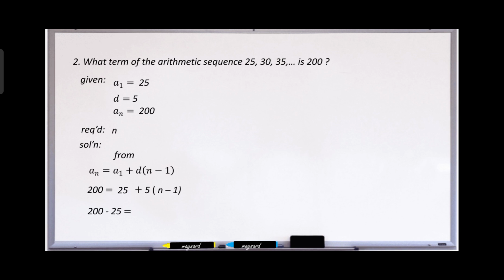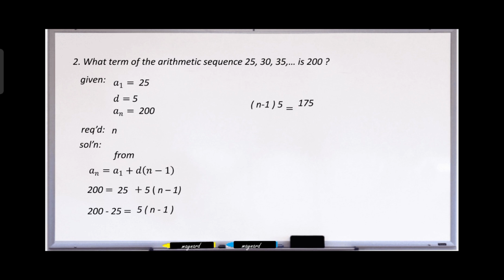So, 200 minus 25. We just transpose the 25 to the left side of the equation. And then, it is equal to 5 times the quantity of n minus 1. So, on the left side, 200 minus 25 becomes 175. Then, it is equal to 5 times the quantity of n minus 1. Let's just swap the sides of the equation, so it becomes the quantity of n minus 1 times 5 equals